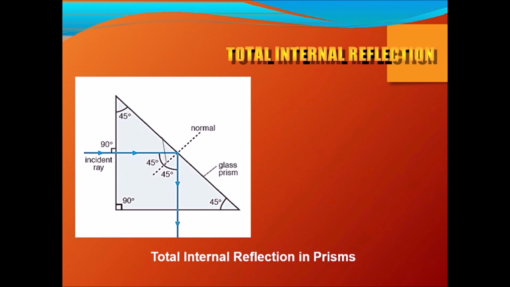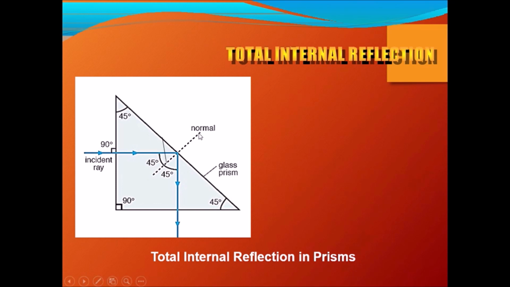What am I talking about? This is a glass prism and the ray of light is going from the denser medium towards the rarer, but then it will not come out. Why? Because this angle of incidence is 45, which is more than the critical angle. What is the critical angle here? It is 42. Why 42? Because glass has a critical angle of 42 degrees. This is plain glass and its angle of 42 is already determined.